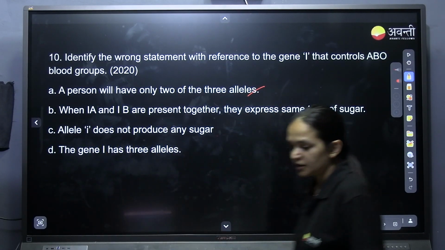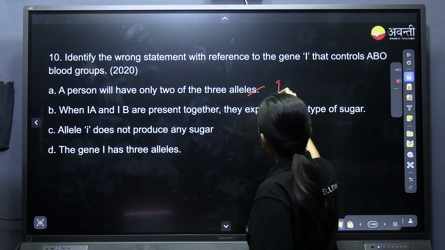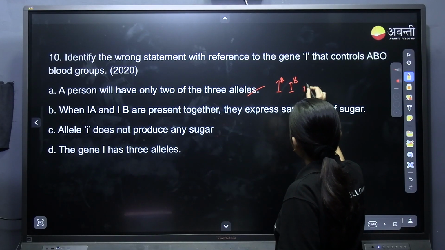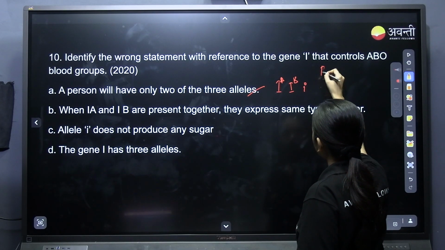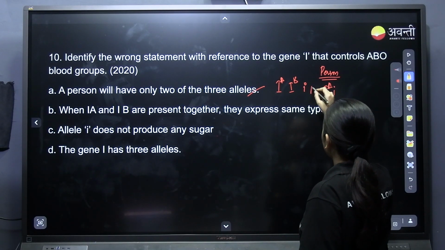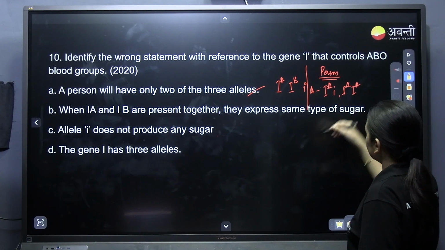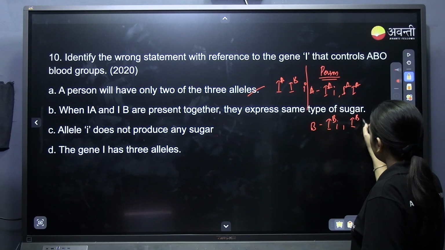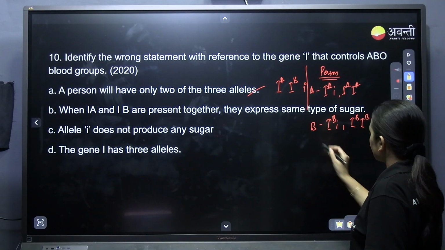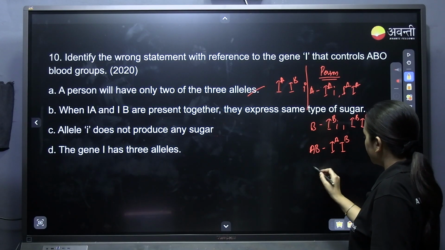Yes. So a person will only have 2 of the 3 alleles. The 3 alleles are IA, IB and i. A person will have only 2 of these. If he is blood group A, he can have IAi or IAIA. If he is B, IBi or IBIB. If it is AB, then he will have IAIB. If it is O,